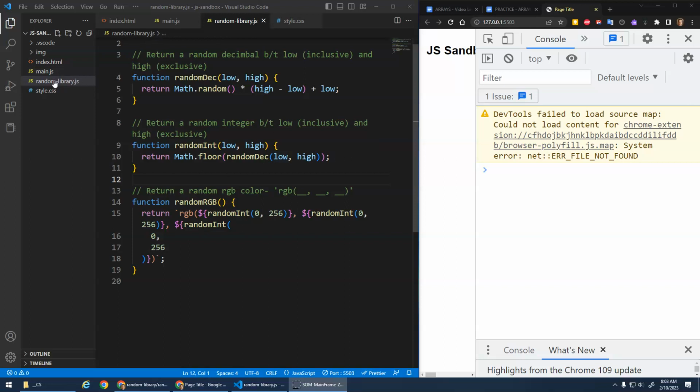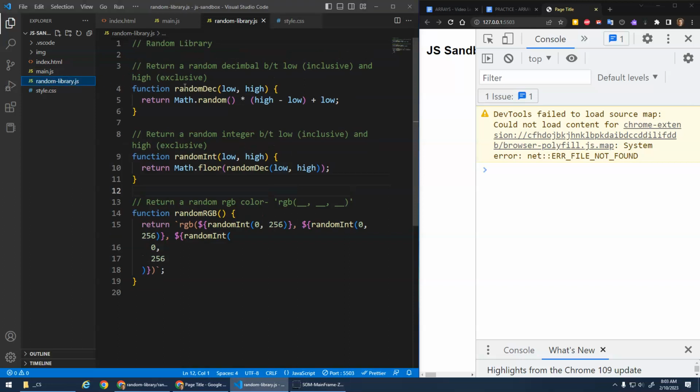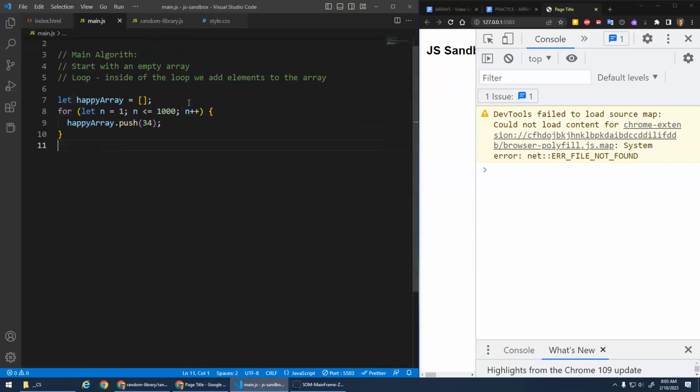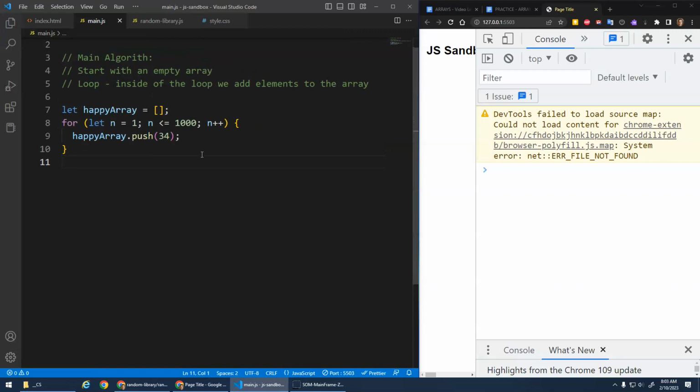Okay, so I just got my random library.js, right, that has this random des function, random int function, and random RGB function. And I made sure in my index that I loaded the random library and then my main.js. So now inside of here we have access to those random des, random int functions. And that's because if I wanted to make a